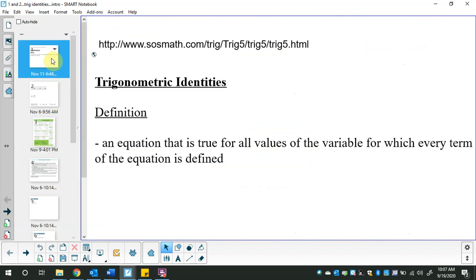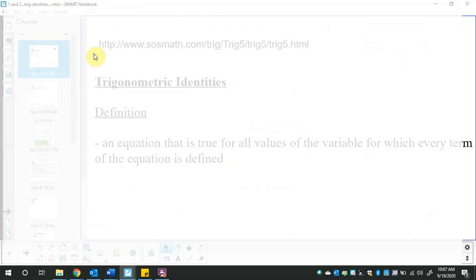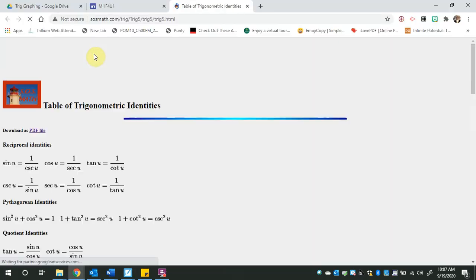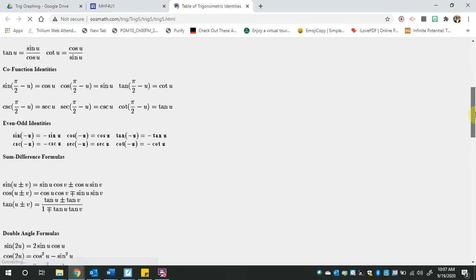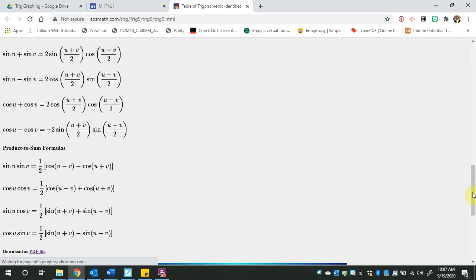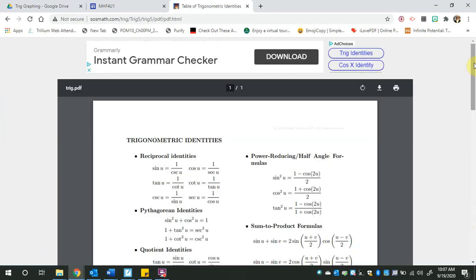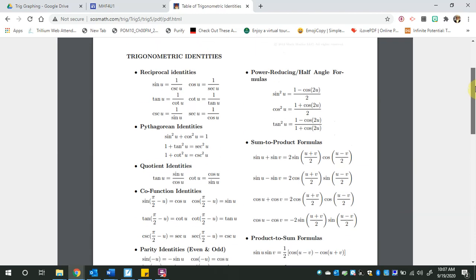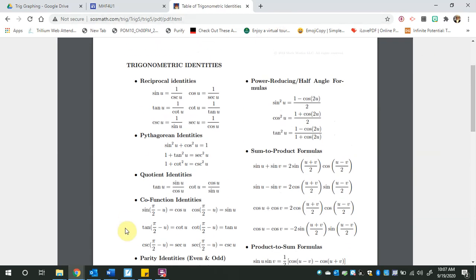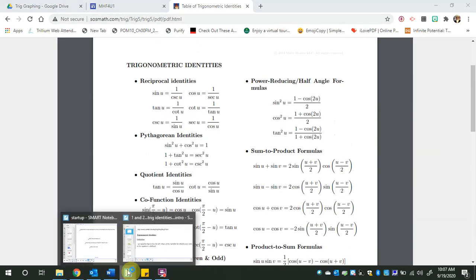Another thing I've done is I've left you with this link, SOS Math. Here's a table of trig identities. We are going to use a lot of these. Again, not all of them. And at the bottom, it says download as a PDF file, so you could potentially download a pretty version of that. Going back to the one that I provide as part of the Smartboard document,